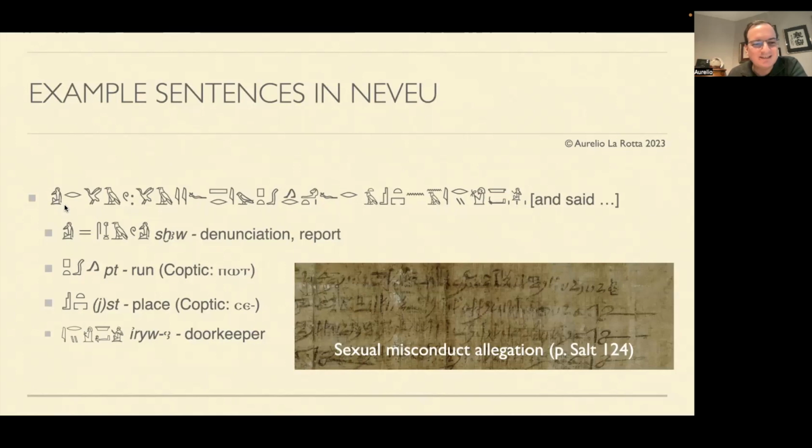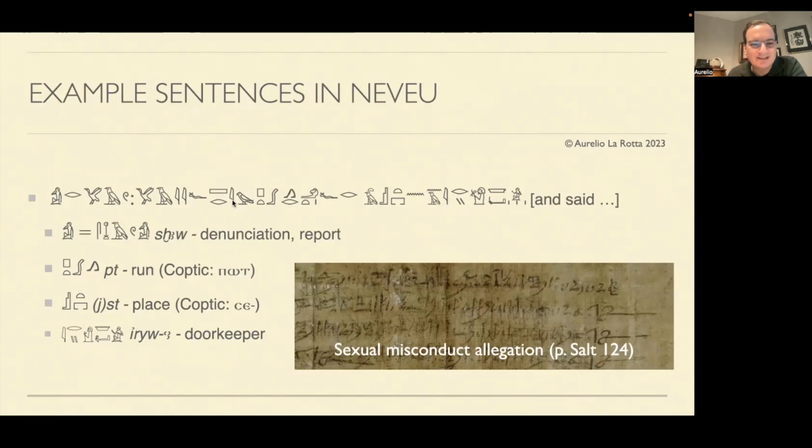And the example sentence in Neveu was sahu, "denunciation," erpau, "denunciation about this." This word also can mean "report." It doesn't have to be a denunciation, but in this context, what Neveu chose makes perfect sense because it is indeed a denunciation. It starts with paivsheri, but erchativ,